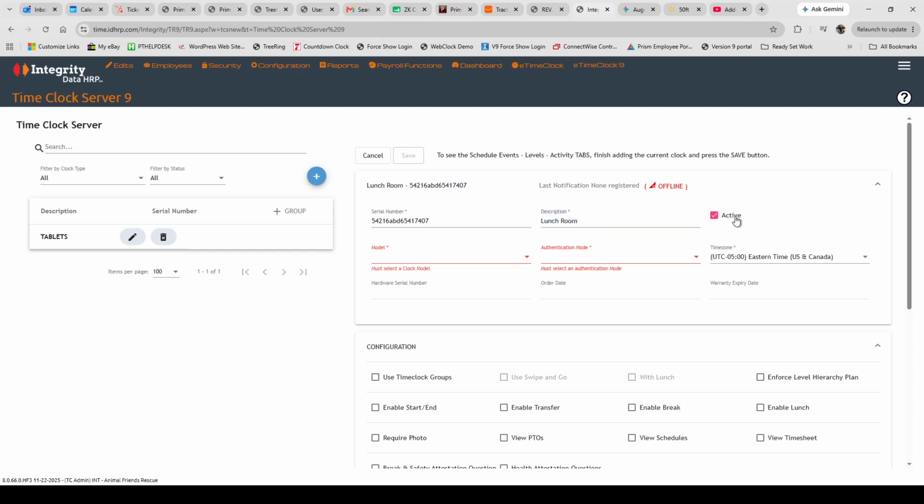We're going to make sure we select active. Now for the model, it doesn't matter which type of tablet it is. We're simply going to choose tablet app. Authentication mode, you've got two choices. Either use their card ID or make them use a card ID and a PIN in order to clock in